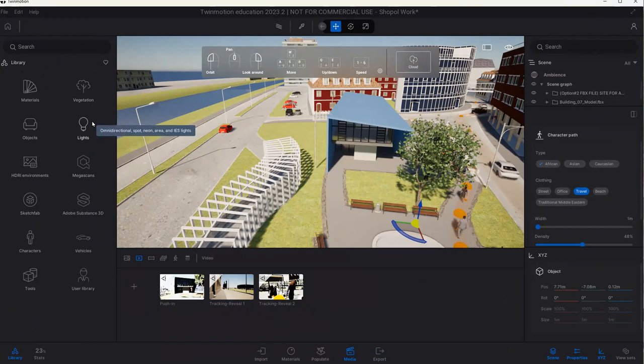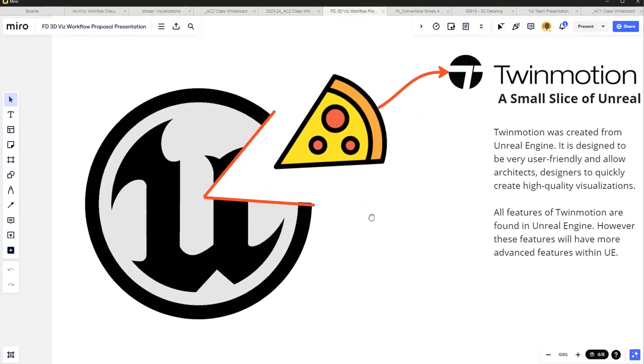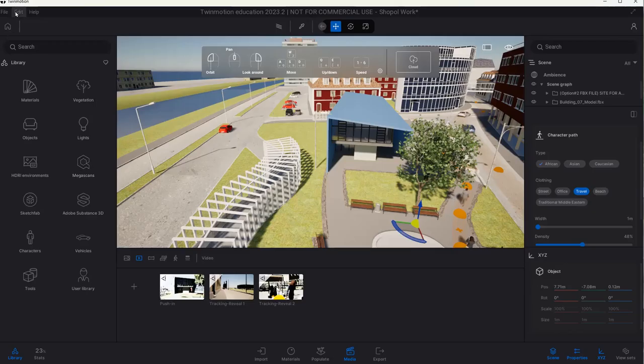However, the advantage I think Twinmotion has, remember that we spoke about the big brother, little brother thing. So where is it? It's here, right? So everything that the big brother gets, the little brother gets the hand-me-downs, right? So one of those things is